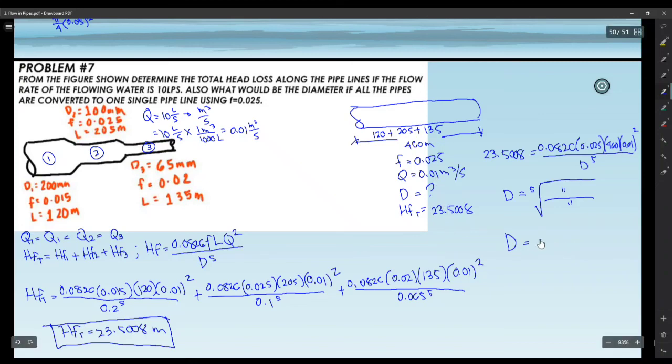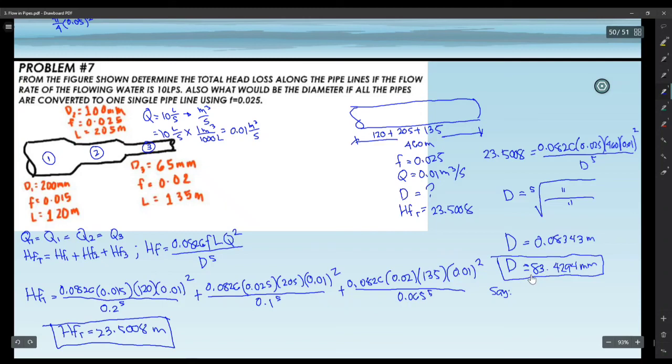So the answer is 0.08343, and this is in meters. If you convert it to mm, the equivalent diameter is 83.4294. This answer is acceptable. But again, if you're designing, you need to refer to the available sizes in the market. So, for example, say,